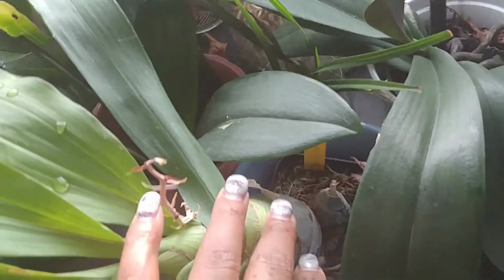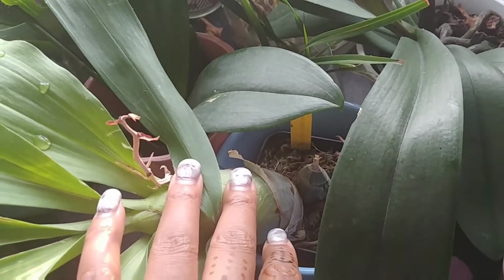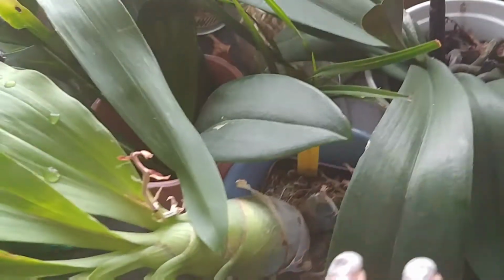I will unpot this when it goes dormant, after it goes dormant. Okay, next,